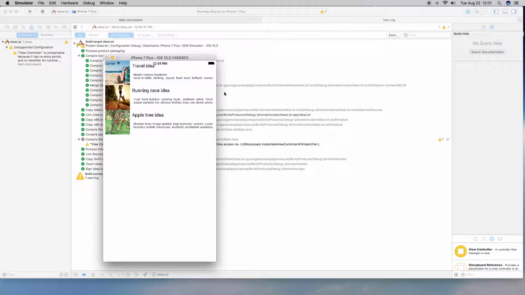All right, so this is great. We now have all of our sample ideas showing up, one with the photo, the title, and the description. So there's some things we need to do to clean this up, as we see that the first one kind of cramps over the status bar, and we'll fix that with a navigation control bar. But the good thing is that we now have our sample ideas working and inputting, and we have our table view working and our table view controller working, and there's no errors other than this one about the view